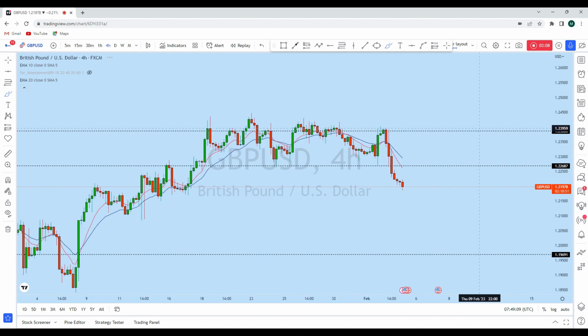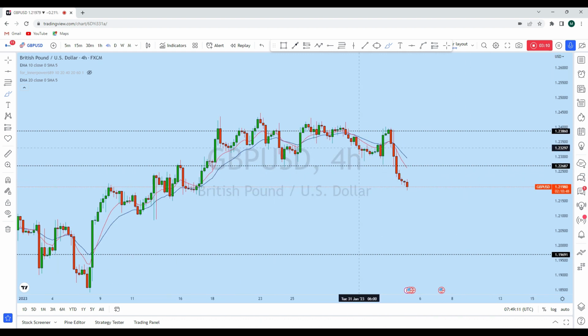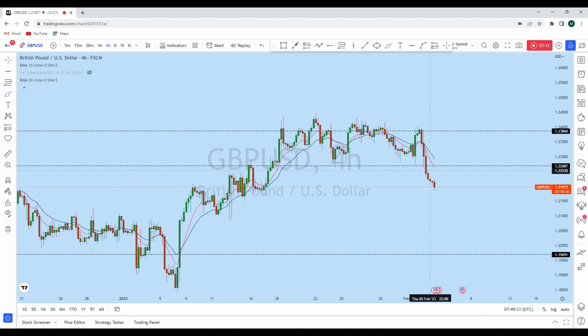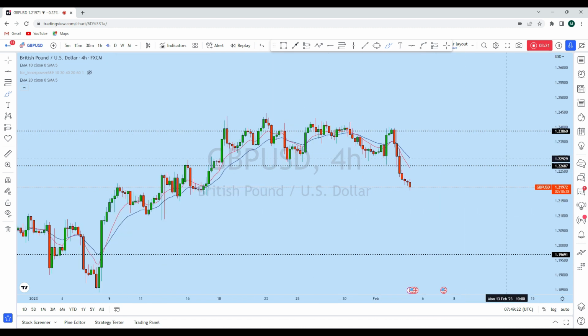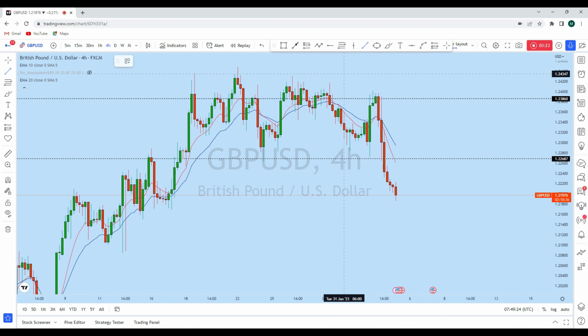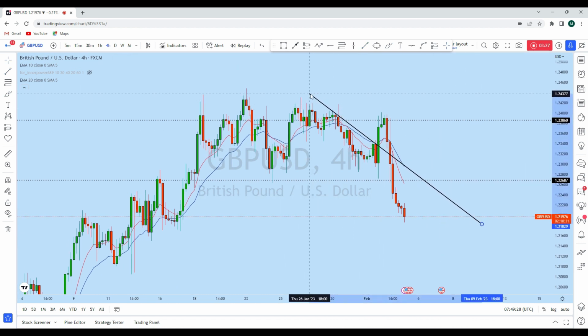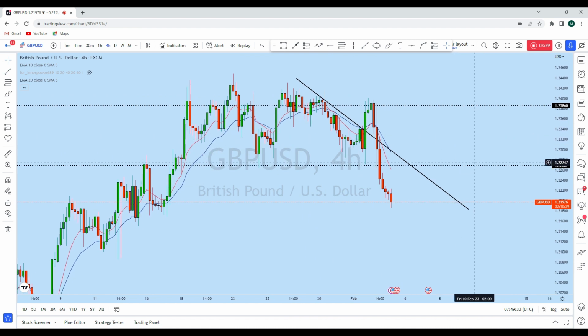If you look at the 4-hour perspective to see how the price action is formed, you see that there is a massive drop, as you can see, during the news announcement yesterday. After grabbing liquidity from this top, this drop happened. Now if we closely look, we see that there is a trend line here in this zone. If we draw this trend line to see where we can expect GBPUSD to go ahead and test, and at the same time if we take our Fibonacci for this move to the downside on GBPUSD, what we